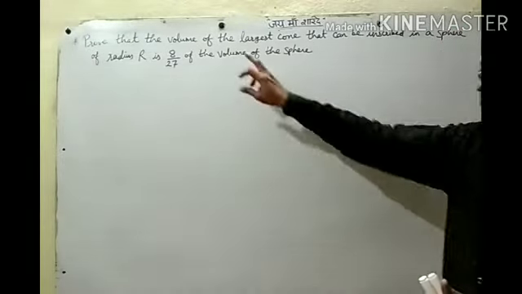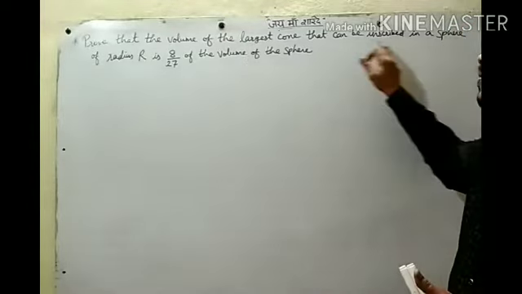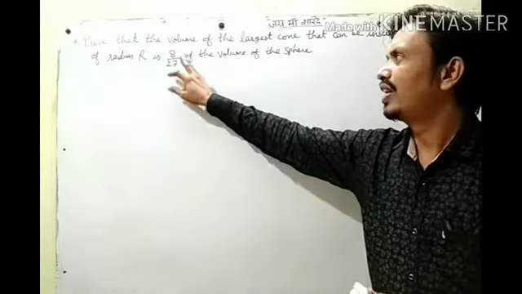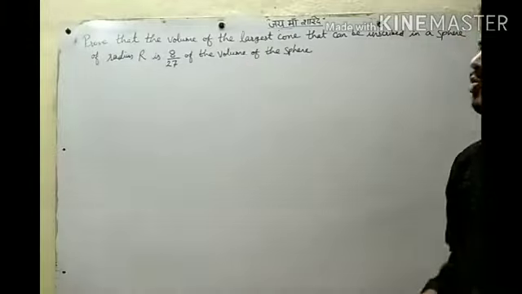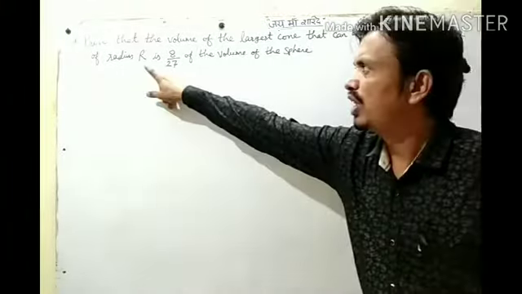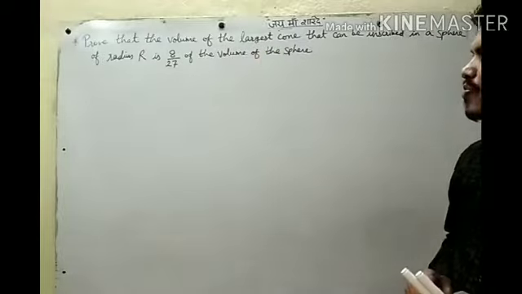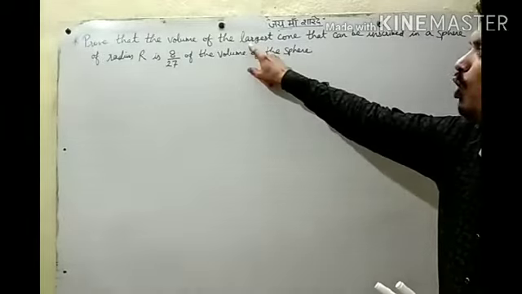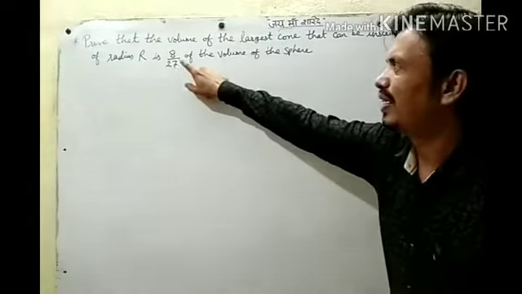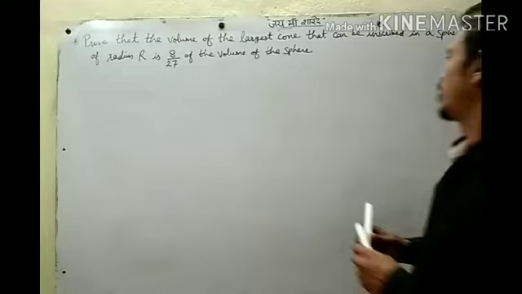Okay, we need one cone, which should be the largest, and that can be inscribed in a sphere whose radius is given as capital R, and its volume is 8 by 27 times the volume of the sphere. So what is given? One sphere whose radius is R and one cone which is inscribed in that sphere, and we will show its volume is maximum. The volume of the cone is maximum and its volume is 8 by 27 times the volume of the sphere. Okay, so first thing,